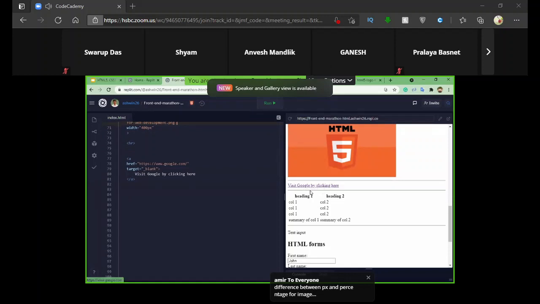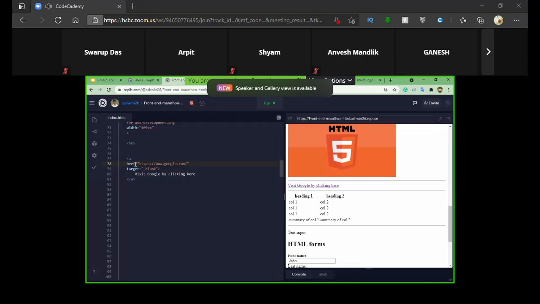So to provide that link, I've given it inside this attribute called href. href is nothing but hyperreference. So whenever I click this link over here, as you can see, the cursor is turning into a pointer, so it will go to that website. Another attribute that I have provided over here is target, and inside this target I have provided the value blank.